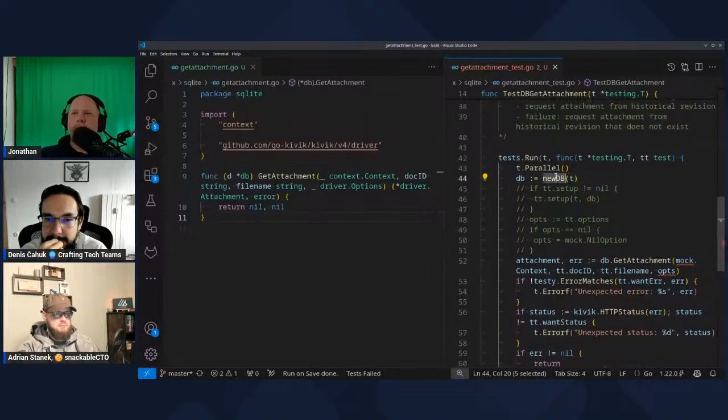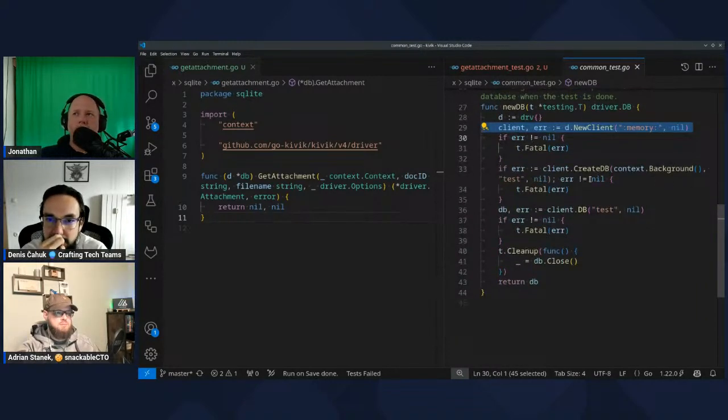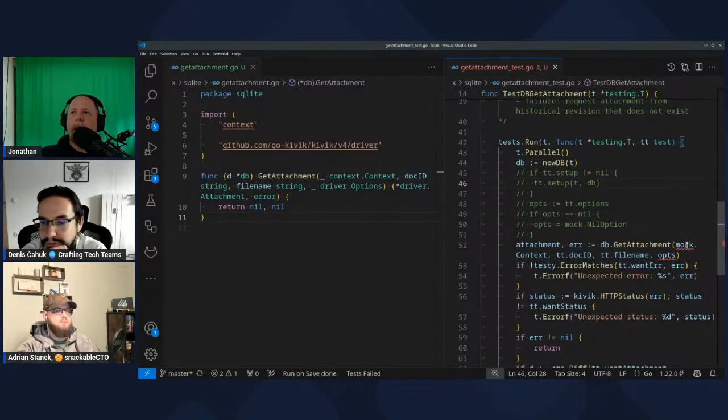So first thing I do is I create a test instance of the database. It creates an SQLite instance in memory. It runs a couple of our housekeeping things. It creates a database, which is what in the background creates those schemas we just talked about, creates those tables with proper names. The database is called test, and it returns it, and it registers a cleanup function. So when the test is done, it cleans up that SQLite instance. So that's really all that function does. Awesome.